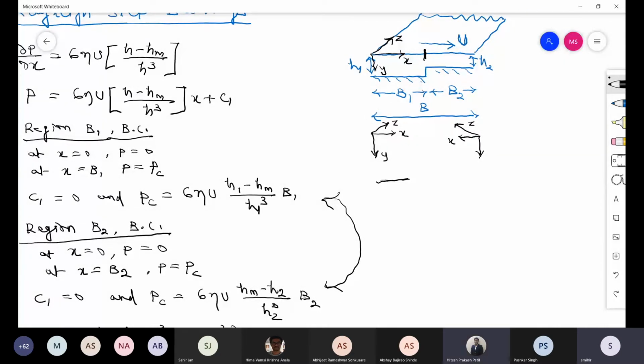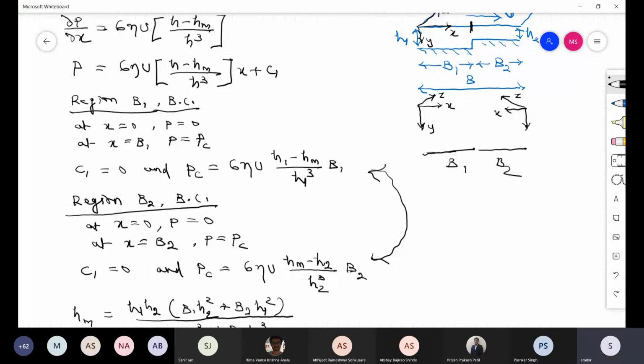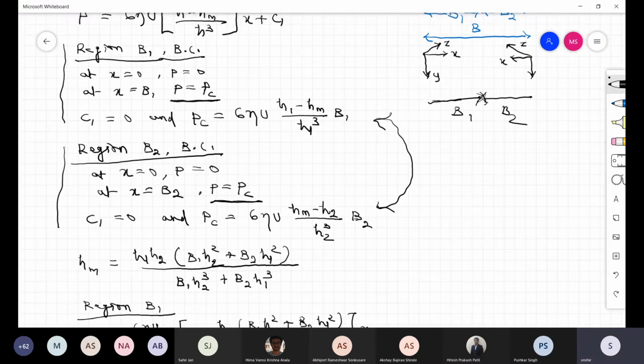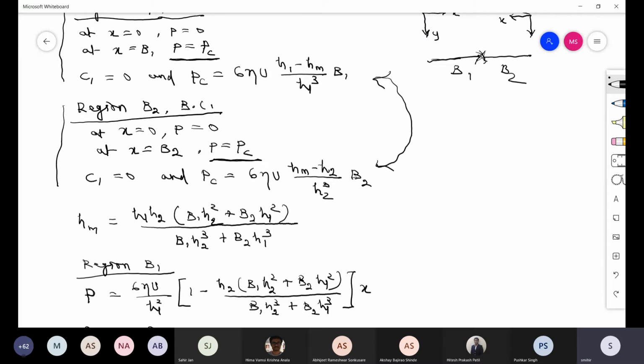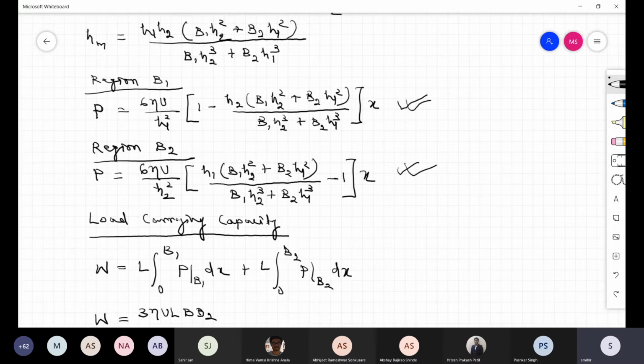Okay, Salu. Taking two coordinate systems. Yes. You see, that's why I am taking this boundary condition for region B1, region B2. Taking a common pressure Pc. Here also taking the same common pressure because both are having the same boundary here. Okay. From that I am finding out, and then I am going ahead. For region B1, I have this pressure. For region B2, I have this pressure. Then I am combining these two to find out the load carrying capacity. Okay.